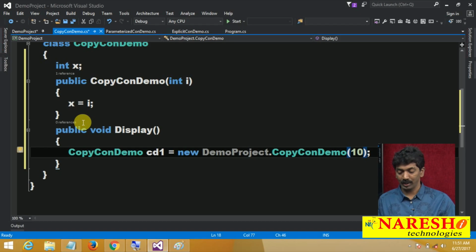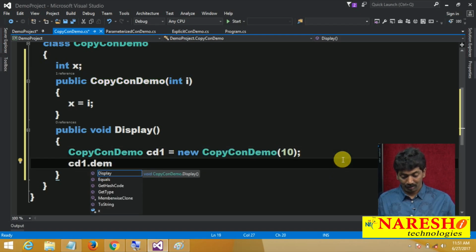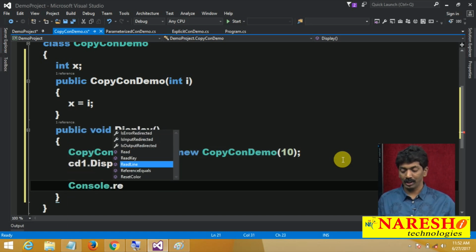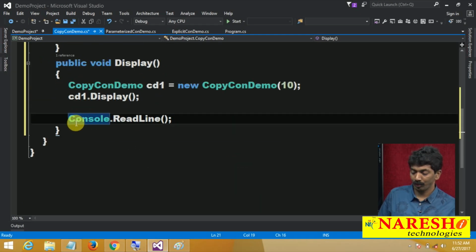CopyConDemo cd1 is equals to new CopyConDemo, passing the value 10, and then I wanted to cd1 dot display. Oh, sorry, we did not write the main method here.